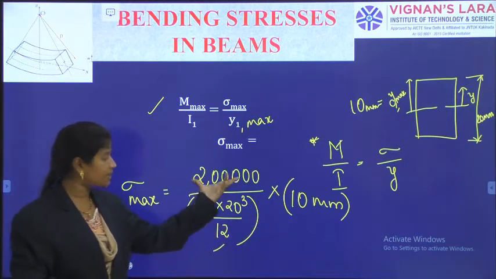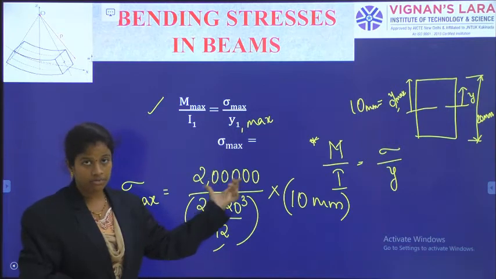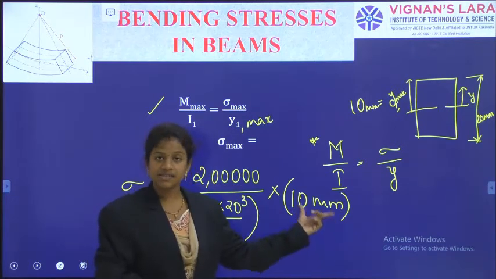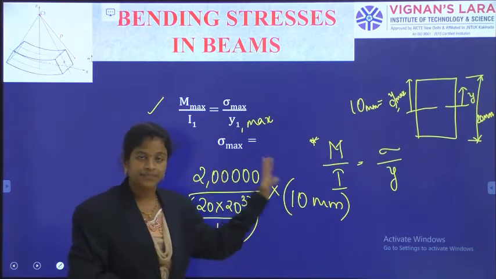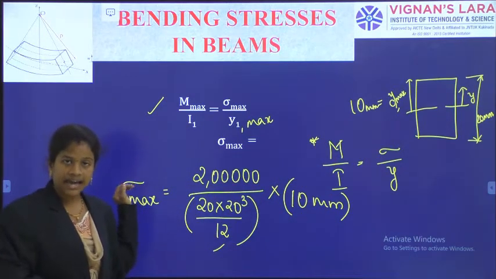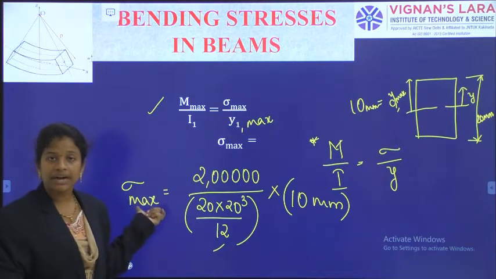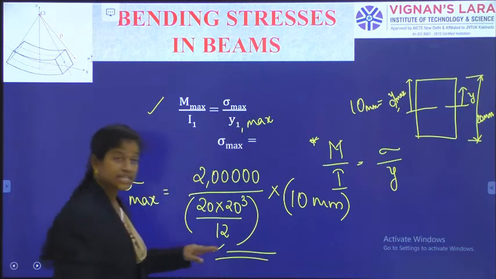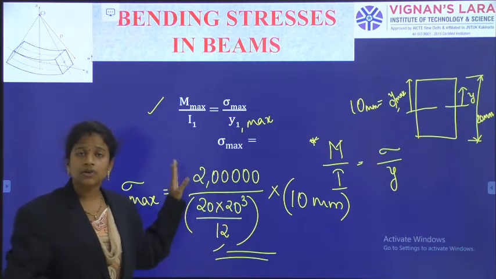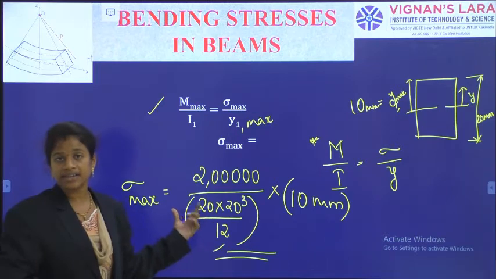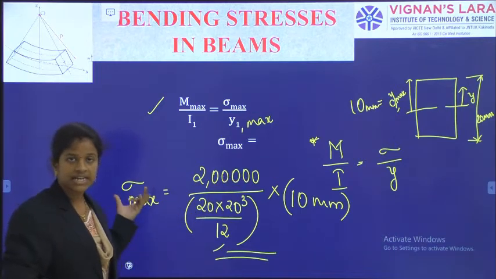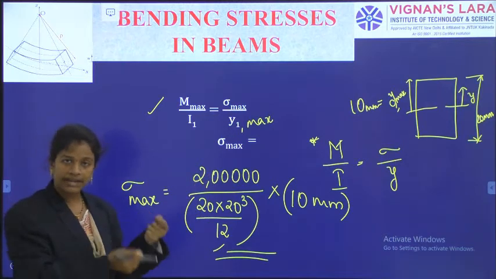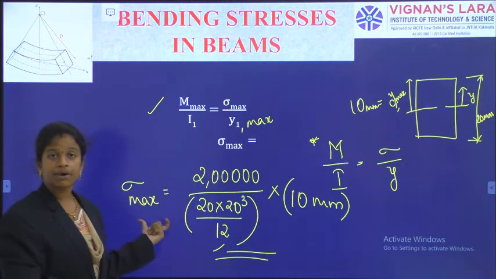What I have substituted? The maximum moment occurring onto the beam section, moment of inertia of the section about the neutral axis, and distance of the extreme fiber from the neutral axis. Involving all these things, I have calculated the maximum bending stress that the material can handle. So this is the answer for sigma max for the material. So how much bending stress the material can handle due to the application of this load is that sigma maximum. Later the material is getting failed. So at the failure point we have observed the sigma max like this.